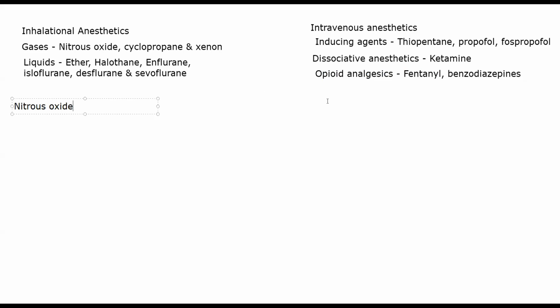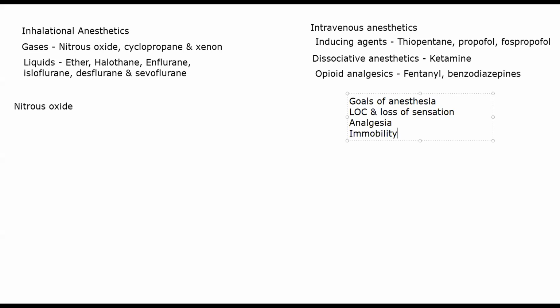Just write goals of anesthesia here so that you know what to compare to. So one goal will be loss of consciousness, analgesia, complete analgesia. All right. So loss of consciousness and loss of sensation as well. All right. So especially pain. So that is how analgesia will tie in.